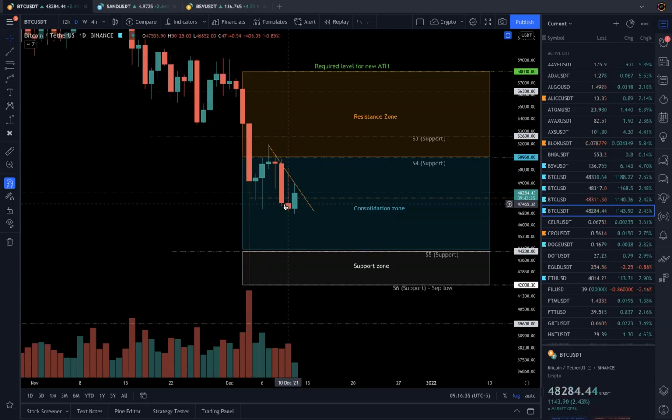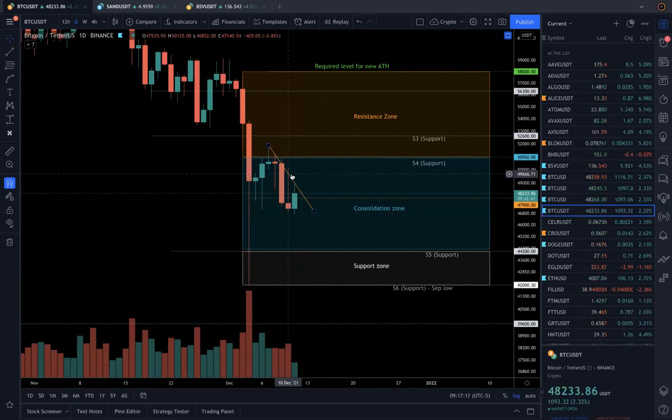It landed where? On the orange level. Each time it failed, more or less it landed on orange. Here it penetrated a little bit, but not in a big way, right? And this was also kind of a support. There was a rectangle that I had drawn, which I removed right now, but anyway, this is a local support. Now on the 1 day, this orange line doesn't make sense. On a lower time frame, I'll show you the significance of this line. But yeah, this is the very simple structure.